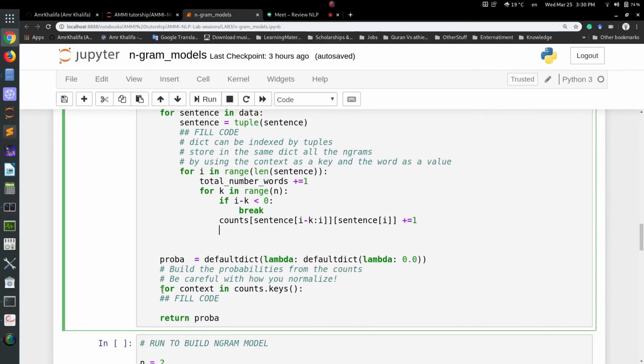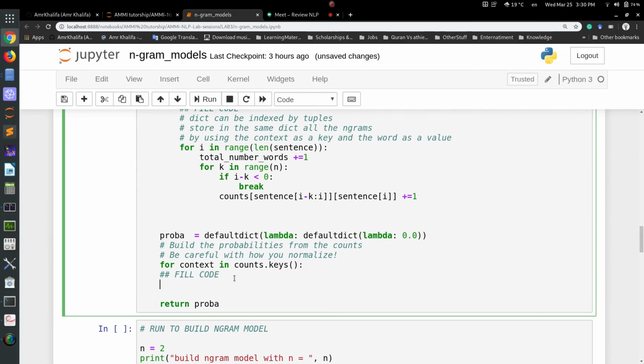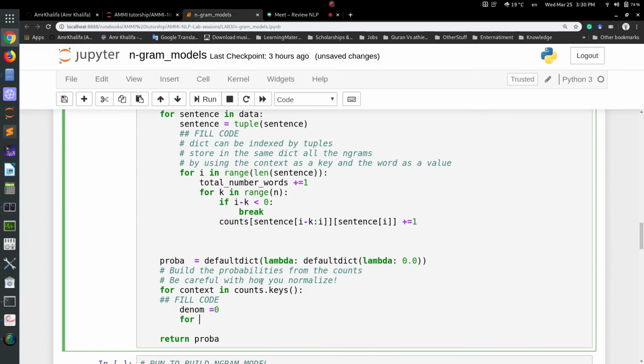First, for context in counts.keys, so we have the context here, which is going to be my n-gram. We need to convert the counts into probabilities in the probability dictionary. So for every context, I will have a variable denom, which is the denominator that I'm going to divide with, equals 0, and then for w in counts of context dot keys,